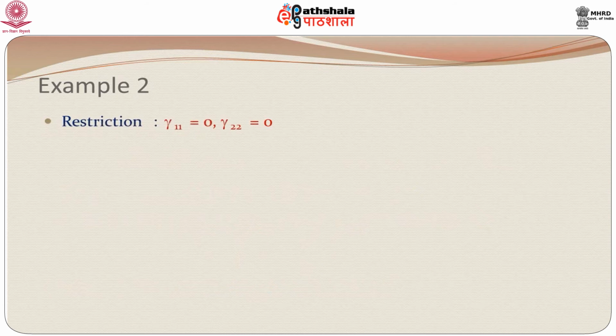Let us look at a second example. In this case we have γ11 equal to 0 and also γ22 equal to 0. So that this x2 in the second equation is absent along with the x1 in the first equation. Now if you just look at the conditions of the first equation as before, we have seen that this translates to F11 turning out to be 1 and F12 turning out to be 0.